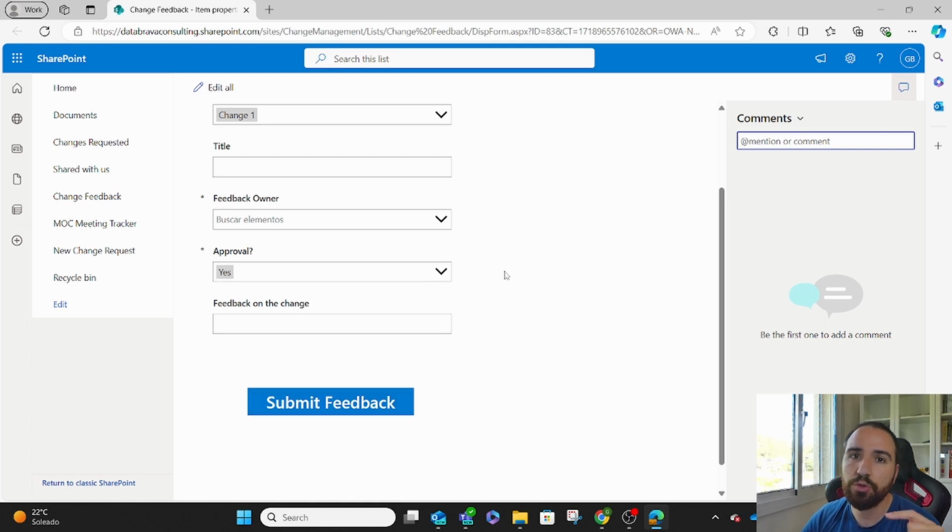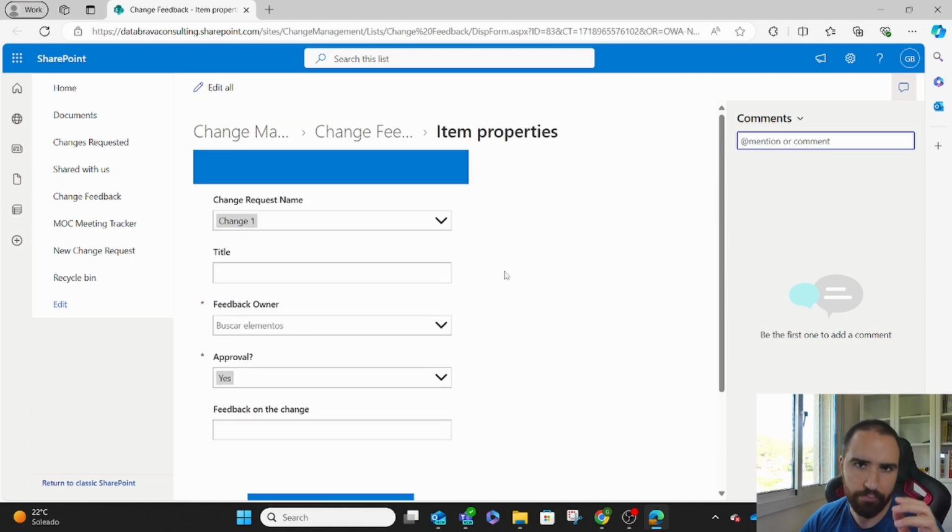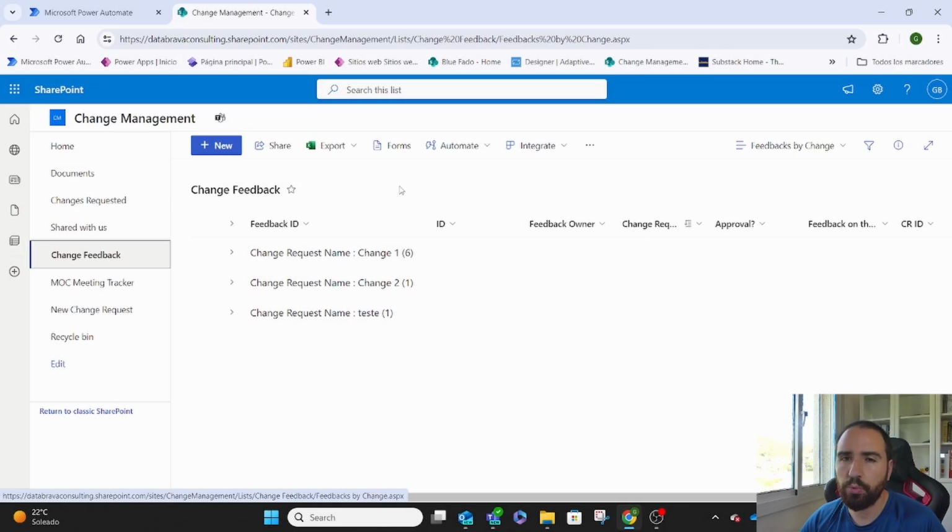Let me show you how this works on the backend, because it's not as simple as another Power Automate or Power Apps app. In order to make this work, we need two things. We first need an automation to send those emails, and in that automation we will need to send the link to those specific items, but we also need that the form that we create to provide feedback can create new entries based on an already existing entry. So let me show you first the form, and then we go to the Power Automate,